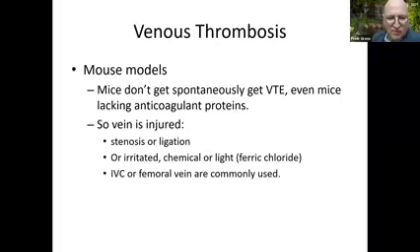So the vein is sort of like an egg timer. There's a stenosis there. And then they put the vein back and they image the mouse a few days later, either by histology or some other mechanism. Other ways to irritate or injure the vein would be to use an irritant chemical like ferric chloride, which is what we do sometimes. Or there are other chemicals, and there are even some studies on people using high doses of light to sort of injure the blood vessel with light.